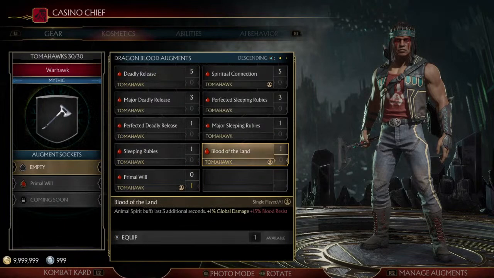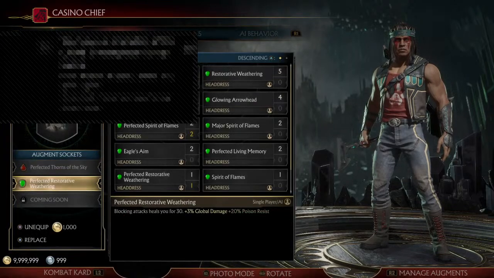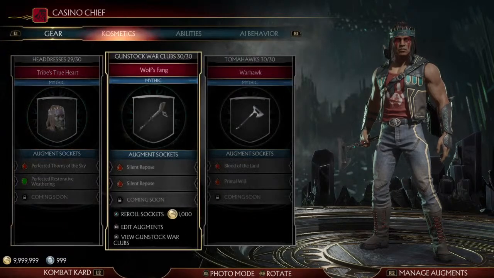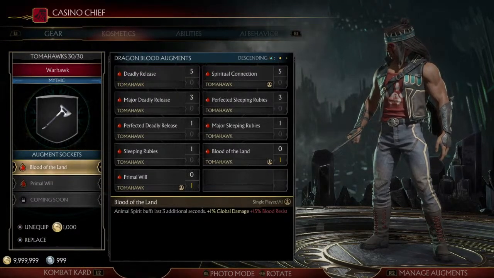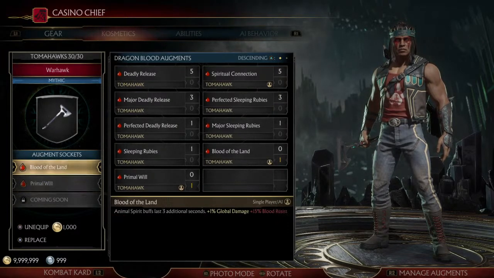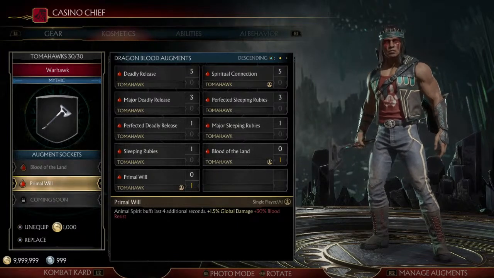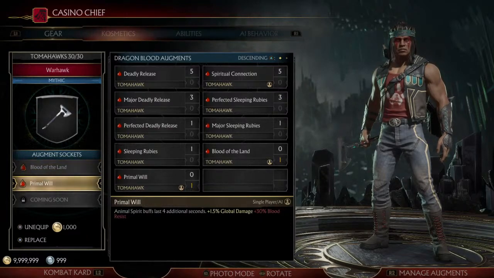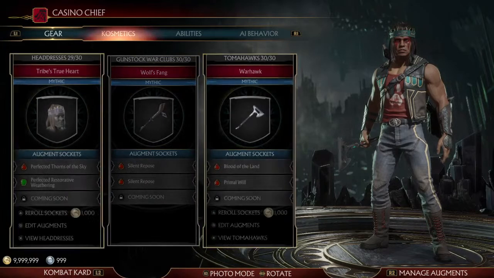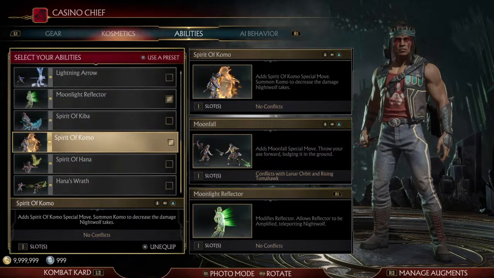Since we're trying to make Nightwolf essentially a little bit more bulky, with the extra healing and chip damage, we want to make him bulky. So he does have an ability which decreases damage done to himself. If you equip these augments here, Primal Will is the highest tier of this augment, gives you plus 4 seconds of any animal buff that you want to use. So with the idea of trying to make Nightwolf bulky, we give him the Spirit of Como